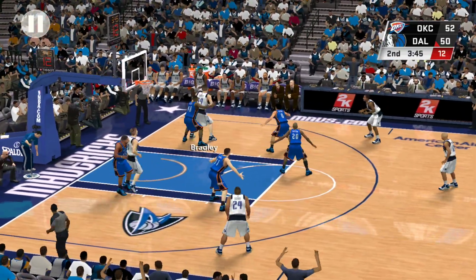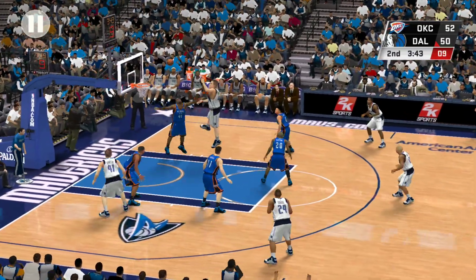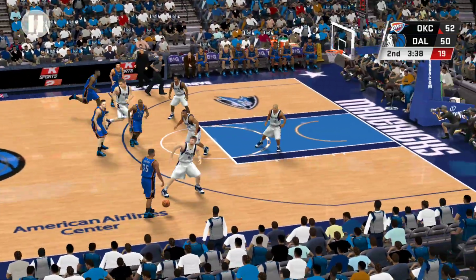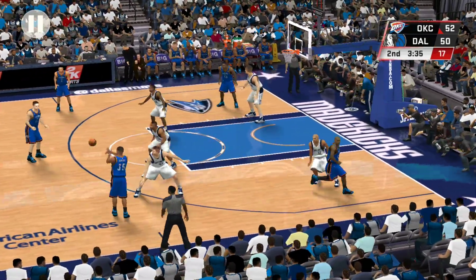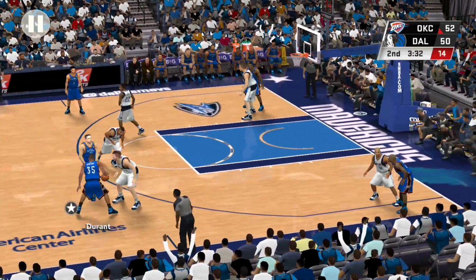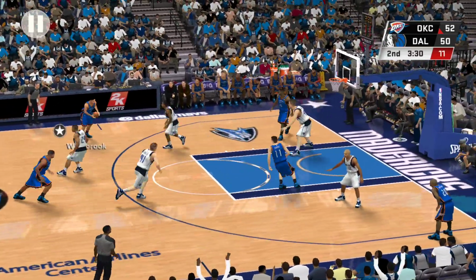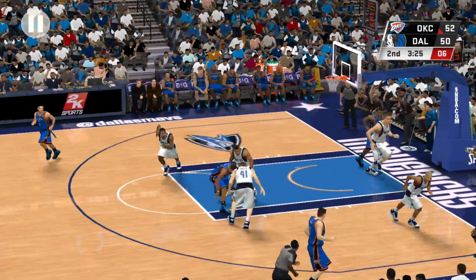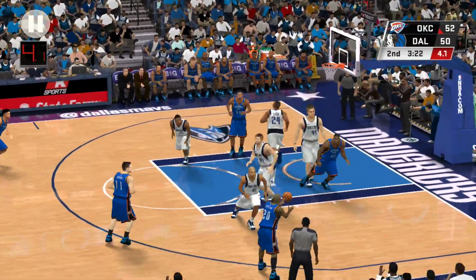Now Bradley. And no good. Trying to use the gloves. Durant with it. Pass to Schrempf. Back to Durant. They set the screen. Outside Westbrook. Durant. Now here's Kemp. Out to Payton.